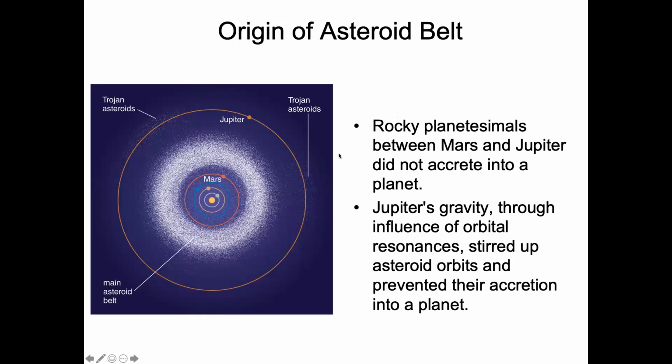And so again, the reason that we have an asteroid belt here is not that there wasn't material for a planet. It's just that the resonance of Mars and Jupiter's orbits and their gravitational pulls on this matter prevented it from accumulating into something larger. Okay. So let's actually move on to meteorites. There's a little bit of terminology here that I'm going to share that's not on the next slide.